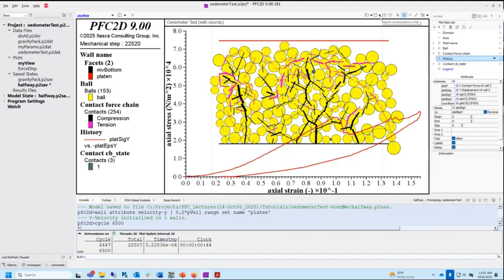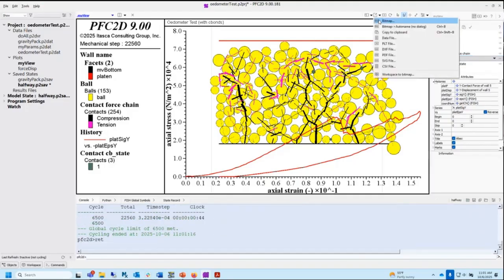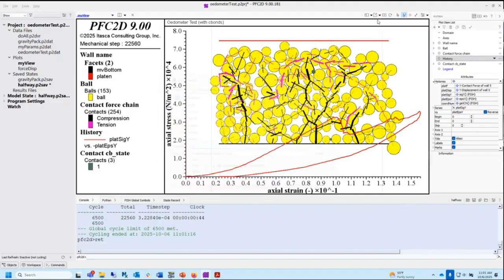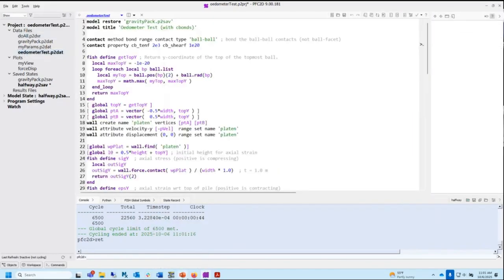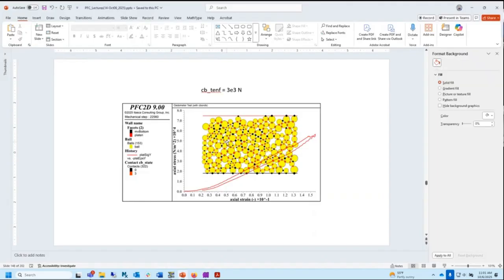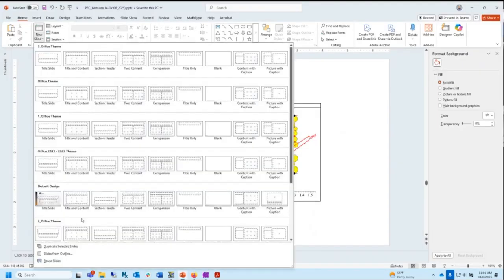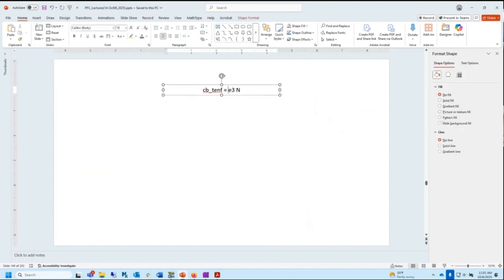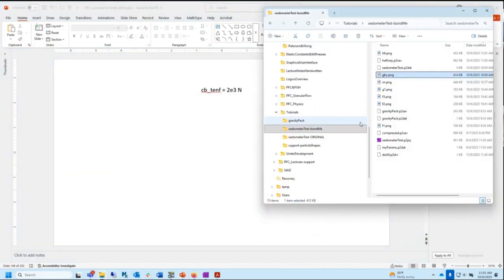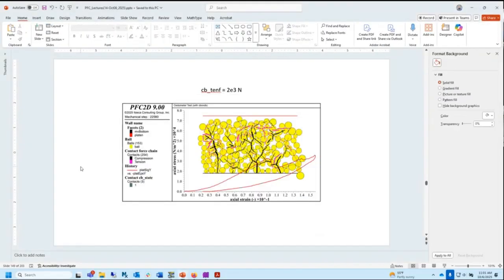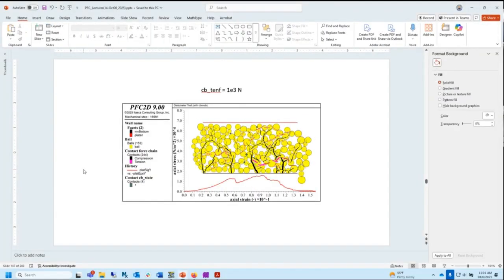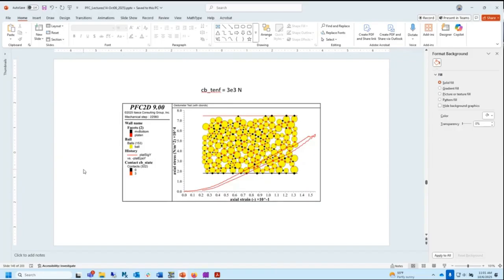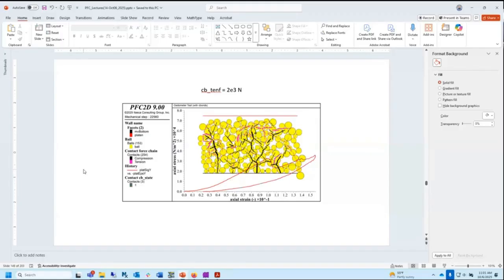I feel like I'm playing a video game. H6. And what's our number? 2e to the 3. So that's 3e to the 3. Here's 2e to the 3. And what did I call this thing? H6. Okay, let's go. There. Nobody broke. Now let's look at the one where a few of them break.